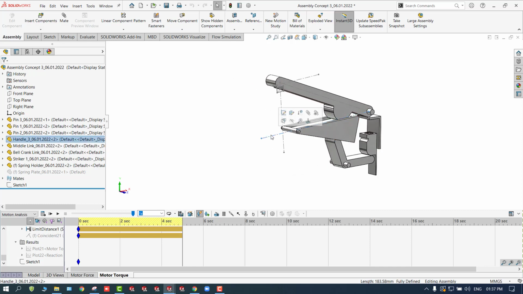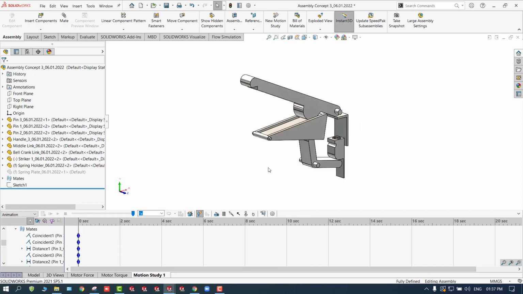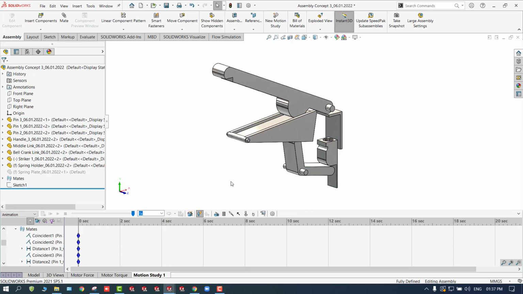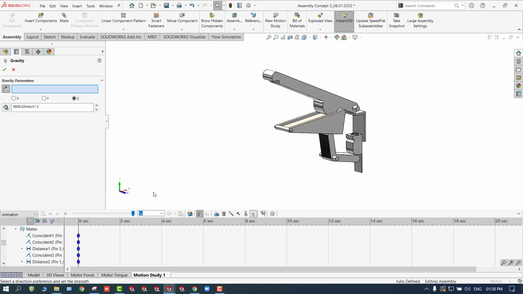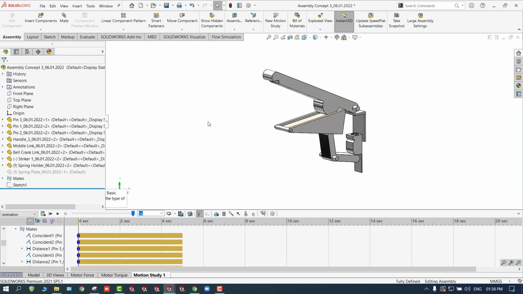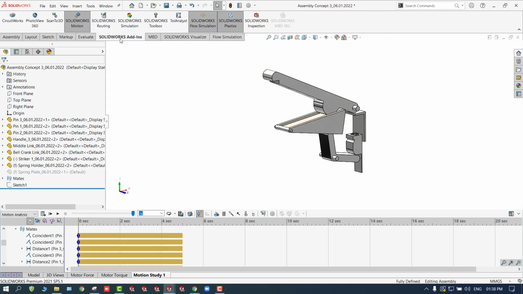To deal with this, I'll create a new study to just understand the better concept here. I'll create a new motion study. I'll start from scratch. The first thing is I'll apply the gravity towards downwards. Okay, from the animation to motion analysis, I'll change in the add-ins. The motion manager is active. Okay, not an issue. And now